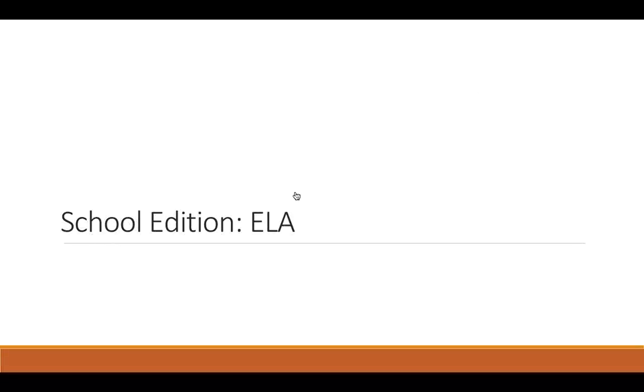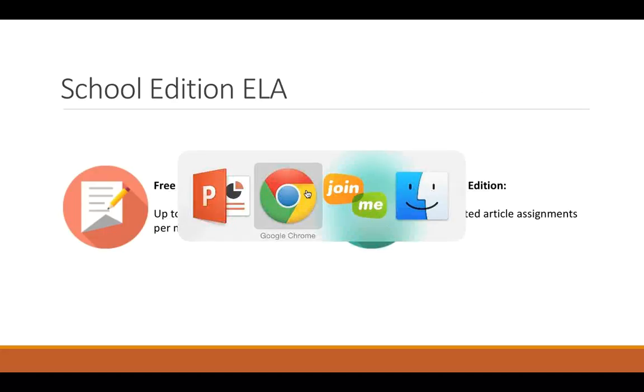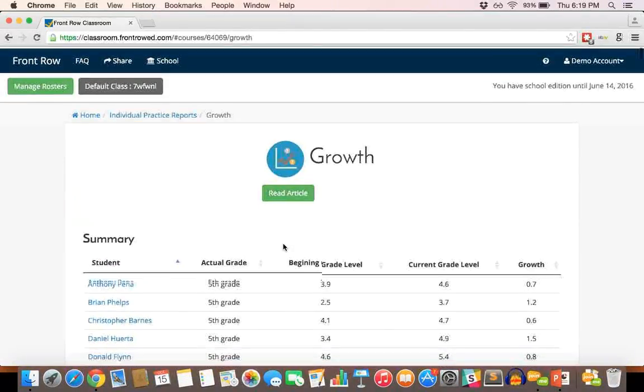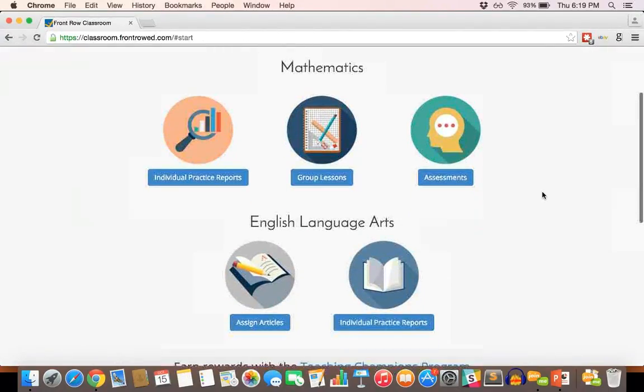Now let's take a look at School Edition ELA. So with the free teacher edition, you get 5 article assignments per month for our adapted ELA program. We'll take a look at what that looks like. So let's go back to our teacher dashboard once more. Let's go home to the dashboard, and if you scroll down below mathematics, you'll see English Language Arts. And if you click Assign Articles,